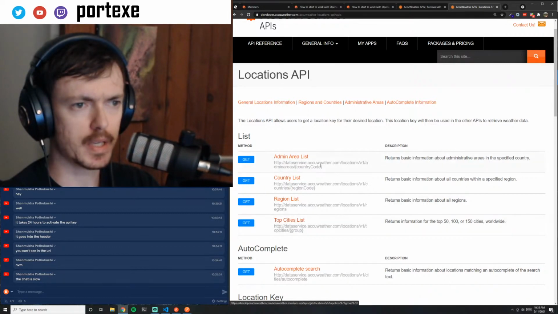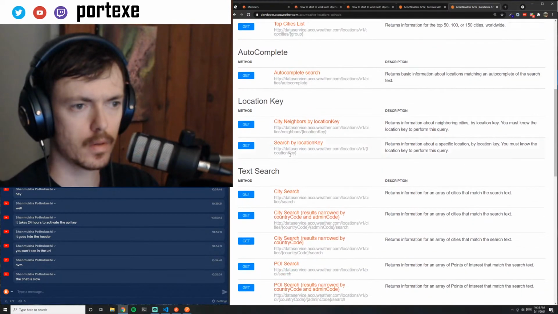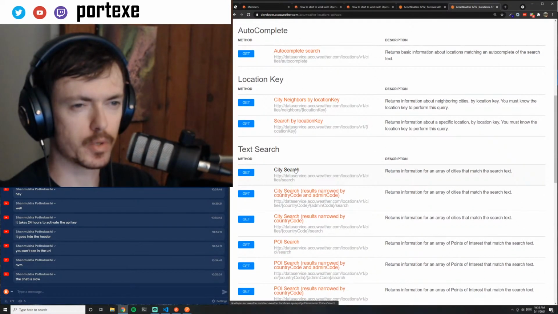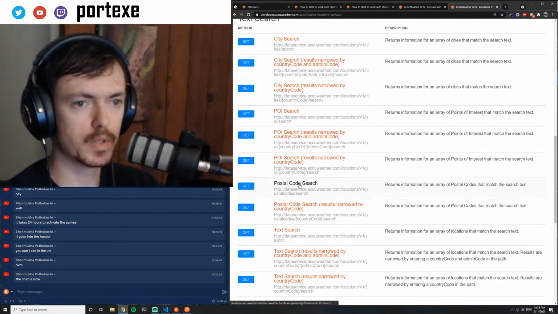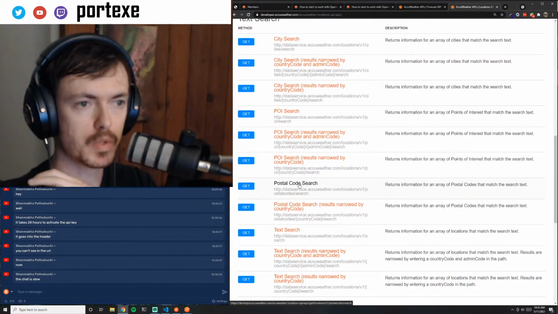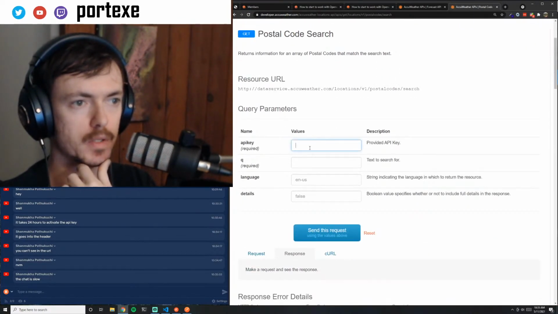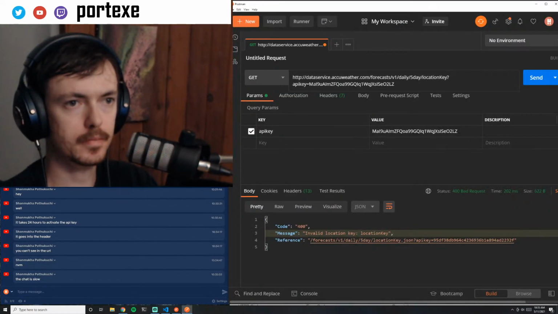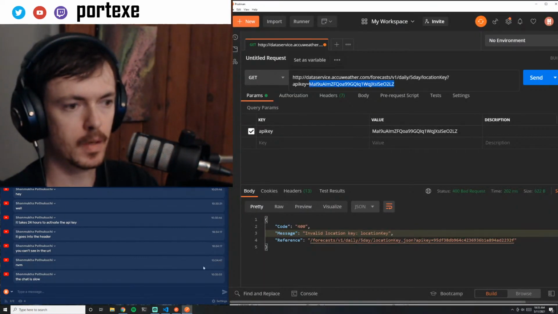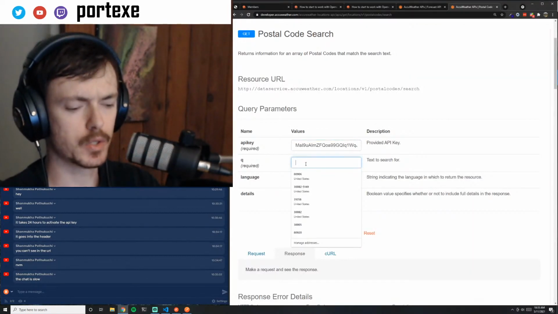What I want is to get the location key. City search, perhaps, returns information for an array of cities. Postal code, here we go. Returns information for an array of postal codes that match your search text. So what does it return if, let's paste in my API key really quick. Got it here. Paste in the API key. Text to search for, let's just say